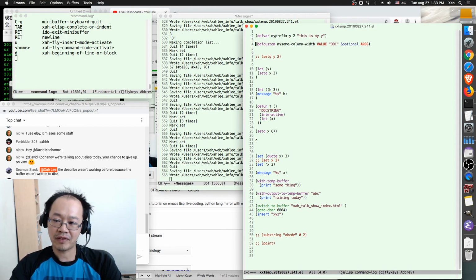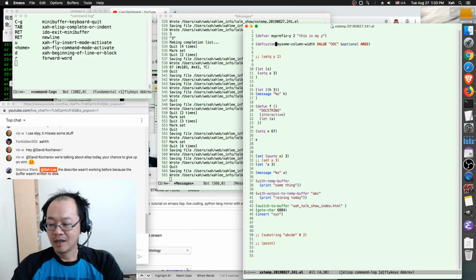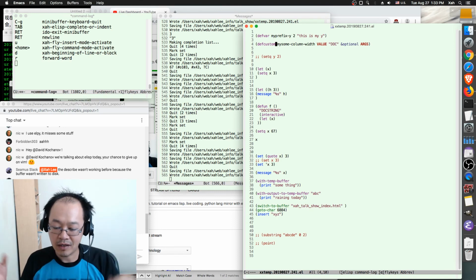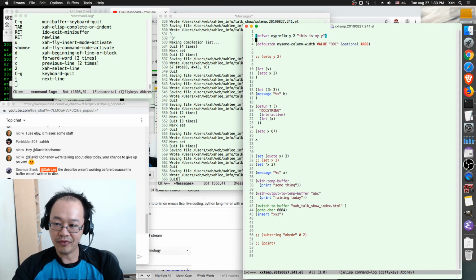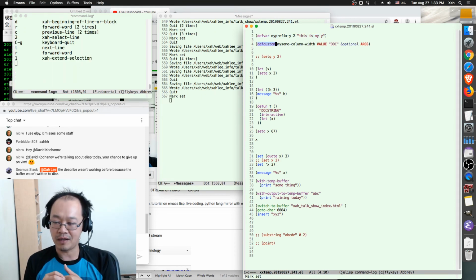Okay, defcustom is another way to define a variable in a package, for public consumption. So what's the difference? It's very similar to defvar. The difference is that when you use defcustom, then